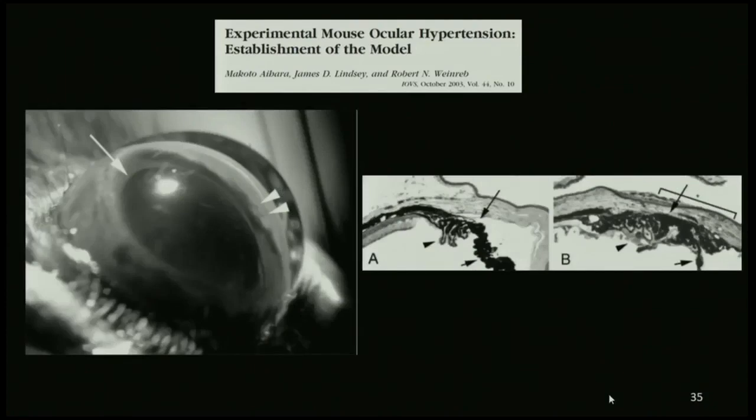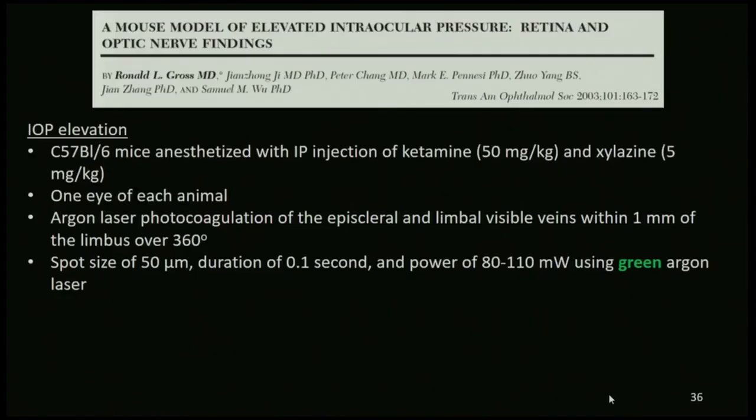And they were able to show some scarring here at the level of the TM. So this goes back to Dr. Tam's point about really looking at the trabecular meshwork after this treatment. They were able to look at it histologically and see scarring again at the angle within the eye after this treatment.